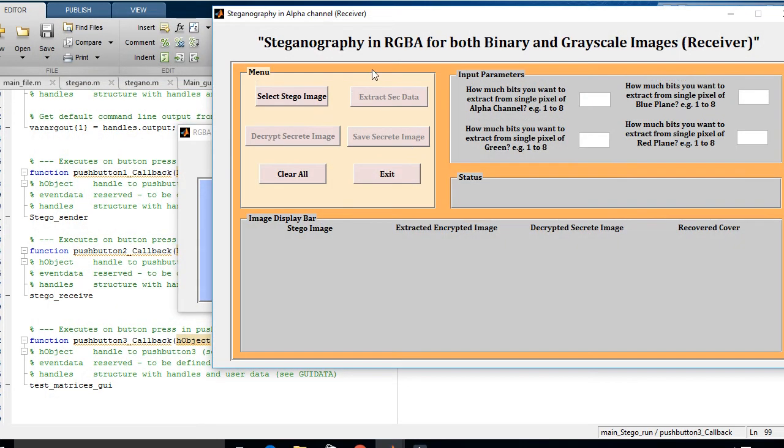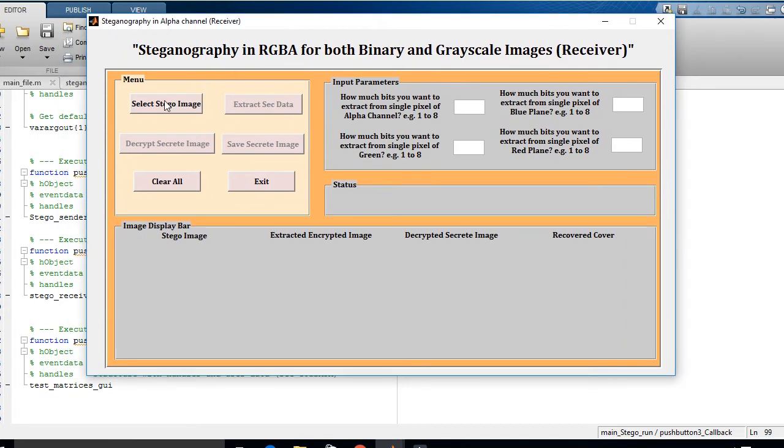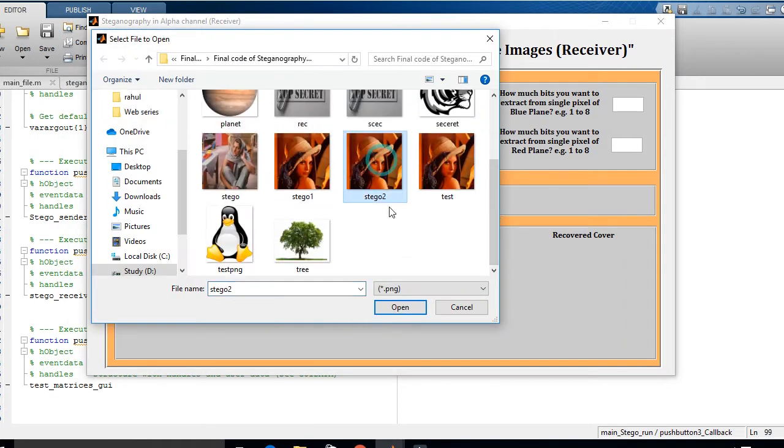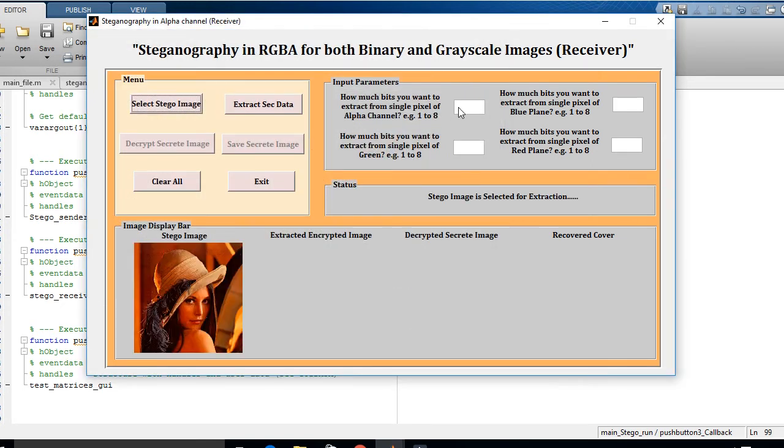Now we are going for second side, that is the receiver side. Just click on select stego image button and just select stego2.png image. Just click on open and you have to enter here the parameters 2 2 2 and 2 and just click on extract secret data.